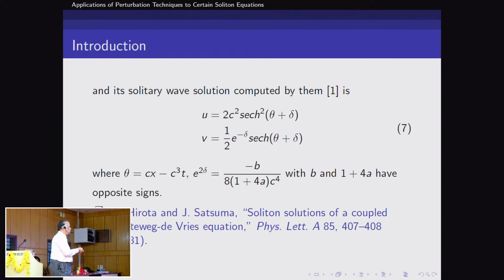I have prepared 60 slides, but most of them I will skip, don't worry. So what is this? This is the final solution I want. U should be secant hyperbolic, V should be secant, okay? So for that,